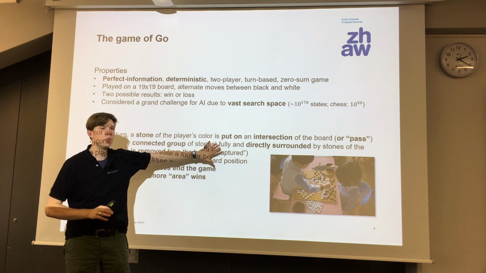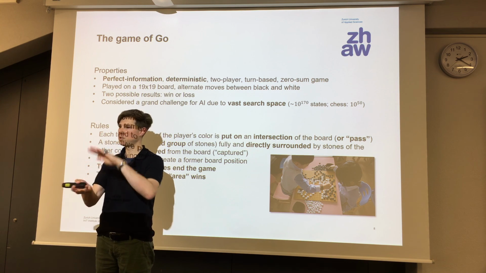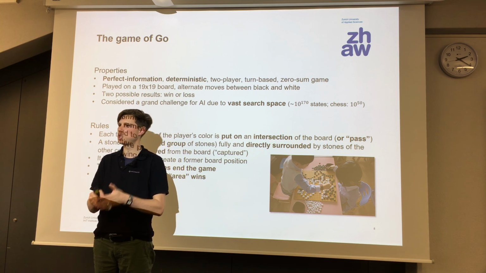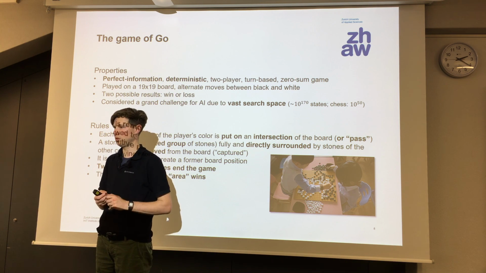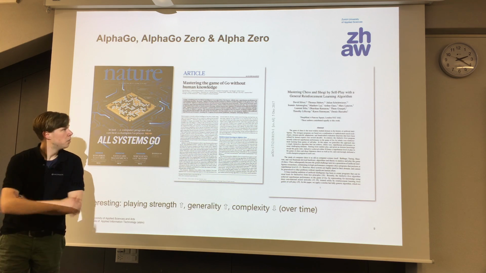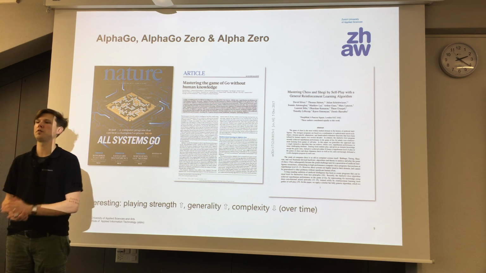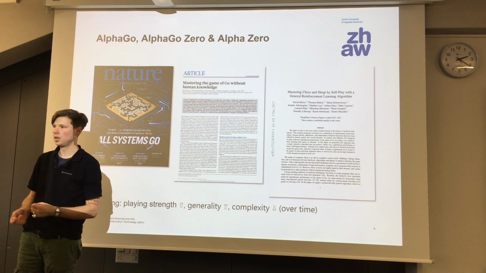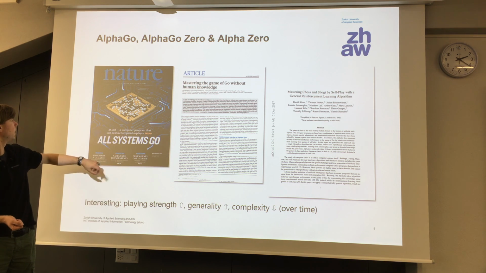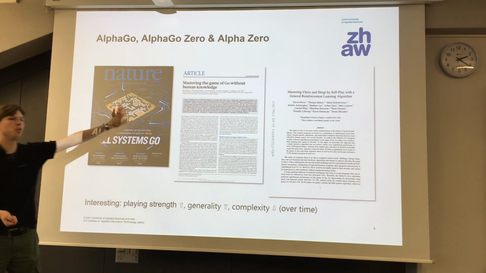So the rules give you a lot of freedom in what to do, and there are actually huge books for specific opening strategies and so forth. There's a very big richness of what you can do with these rules in order to play it. This is the cover page of a series of successive articles that became famous, all on this system produced by Google DeepMind. The first one is on AlphaGo. It made it to the cover of Nature.